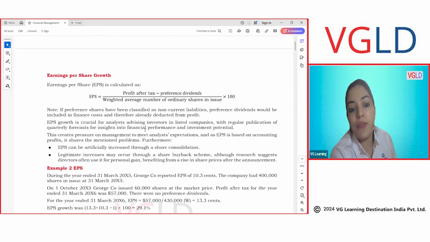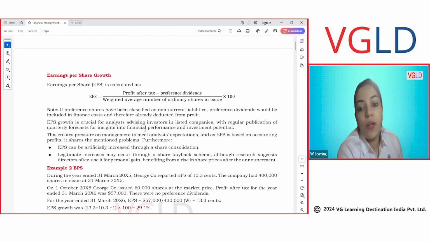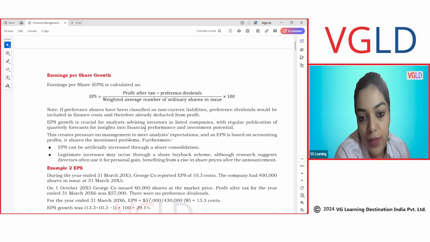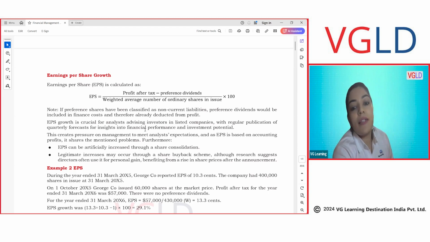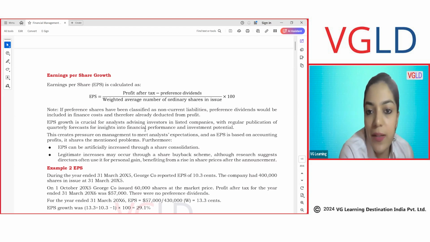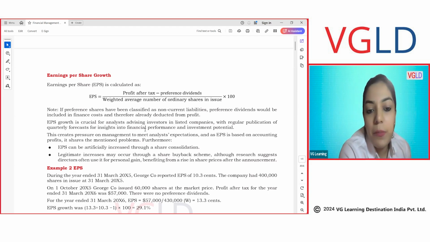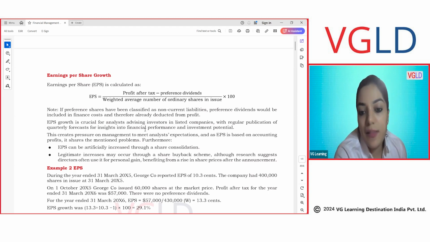Now, the next topic that we have here is EPS. What is EPS? Profit after tax minus preference dividends divided by weighted average number of shares in practice, or you can simply say number of shares. So if preference shares have been classified,